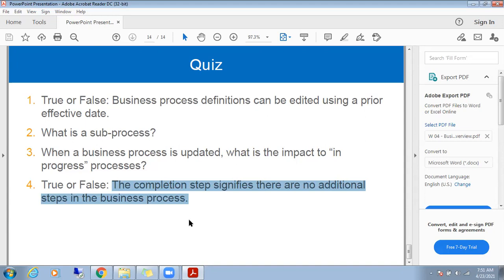That's the reason I got confused. There can be steps after the completion step, but there should not be any approval step after the completion step.